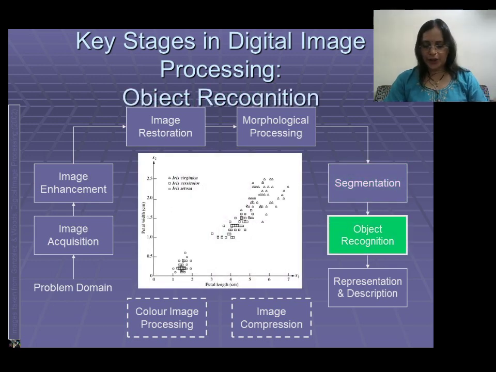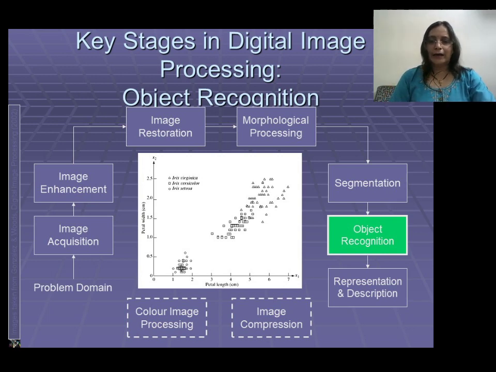Now the object recognition. In object recognition, as the name suggests, we are identifying that particular object. It can be in the image or it can be in the video. So it is the key output of many applications. We can use the segmentation here as a pre-processing technique, and we can identify the object. We can recognize the particular object for further analysis or further applications.